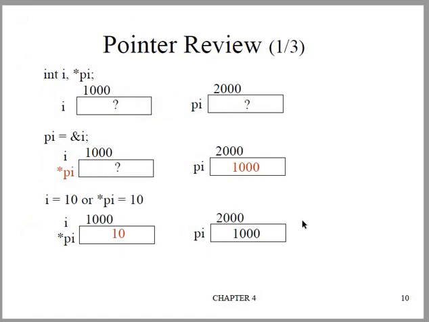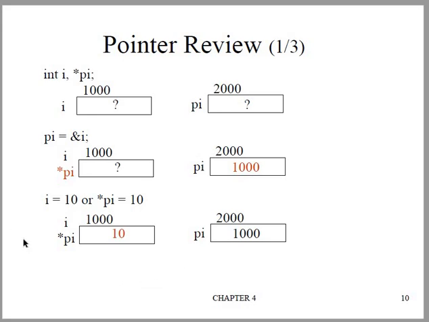So you know about pointers already very well. If you have a variable I, and its address is 1000, and you want to capture the address of I, that is 1000, and copy it to pointer pi, you give pi equal to ampersand I. And if you give pi, it will give the address 1000. If you want to access the data within it, you have to give star pi.